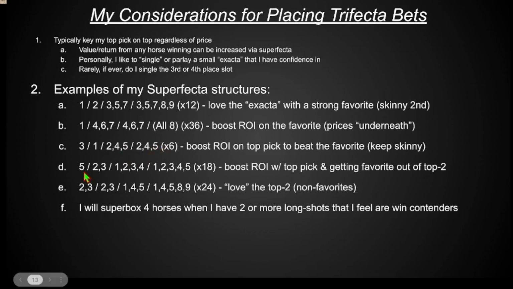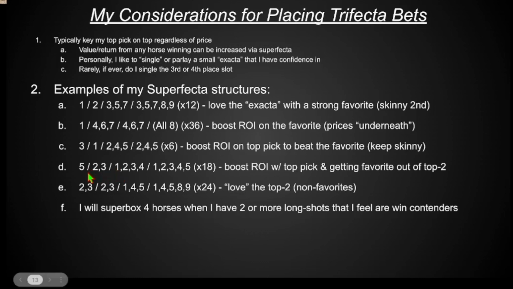The 5, a long shot, 5-1, over 2, 3, over 1, 2, 3, 4, with 1, 2, 3, 4, 5. This is a multiplier of 18, so $1.80 for a 10-cent minimum. Boost my ROI with top pick and getting the favorite out of the top 2. So at the 5-1, I would bet it to win, but also if I did not care for the favorite,